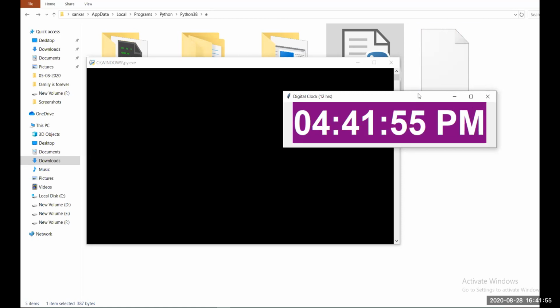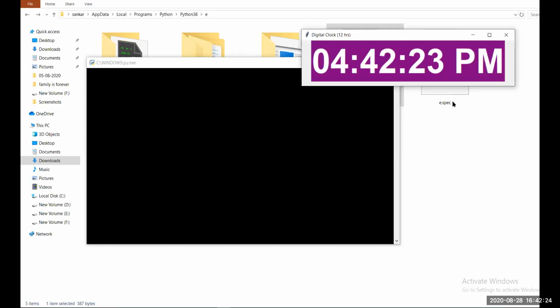Widgets are used to show your time, date, and weather. On some mobile phones we still have widgets showing digital clocks. The same process I have used here, so you can create your own digital clock and run it like this.